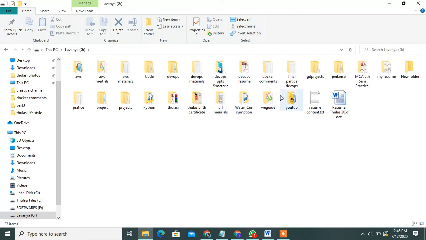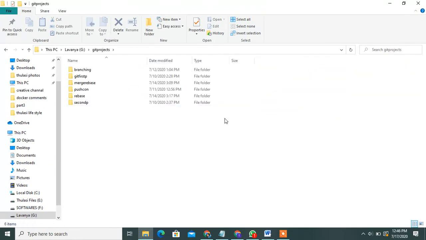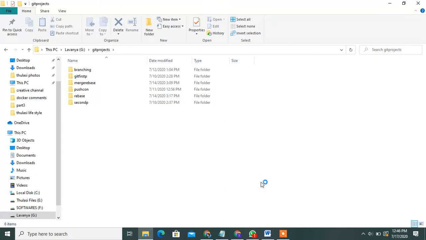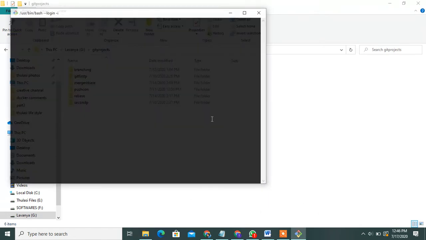Where is my folder? Yeah, this is my git folder. Open the git bash. Yes, it's open.